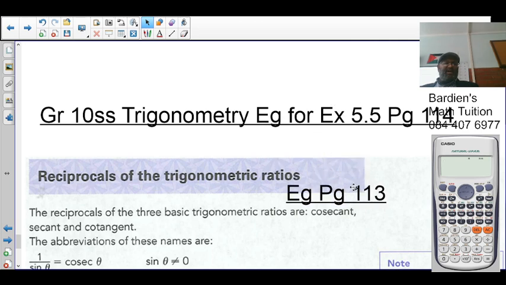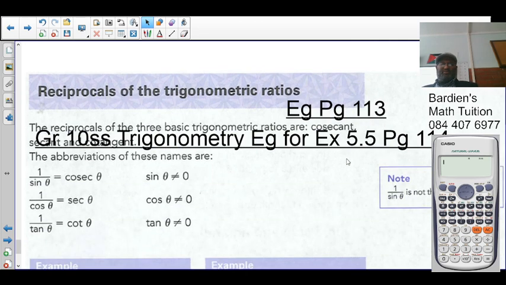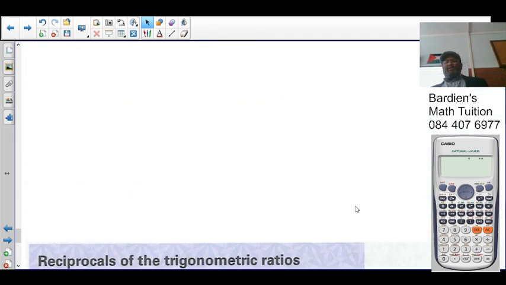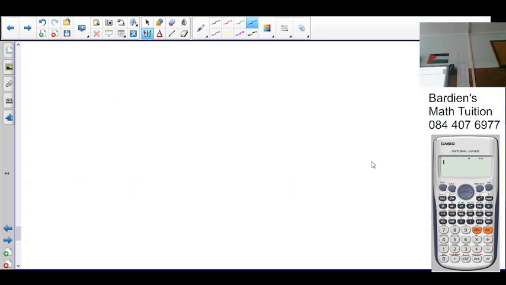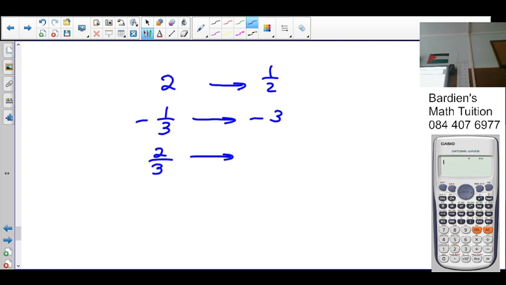So today we're looking at the reciprocals of trig ratios. Reciprocals. So if you look at 2, what is the reciprocal of 2? 1 over 2. Okay, so that is the reciprocal. What is the reciprocal of 1 over 3? Negative 3 over 1, which is negative. Okay, what is the reciprocal of 2 over 3? 3 over 2. That's the reciprocal. Now, the trig ratios, as we have, which is sine, cos, tan,